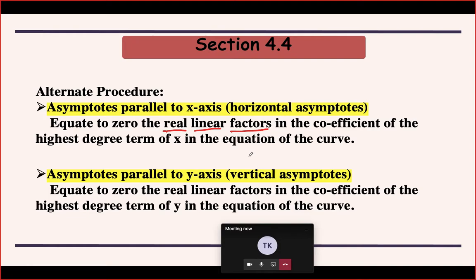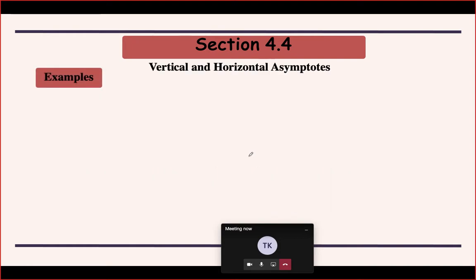Okay, so I'll take up an example. Now this is your function. Here you can see that it is an implicitly defined function, so you have product terms of x and y occurring. How do you find asymptotes for this? In this case, using limits is not a very good option for us, as it is not very easy to find the limits. So what we'll do is apply the previous method. So what is the highest degree term of x?